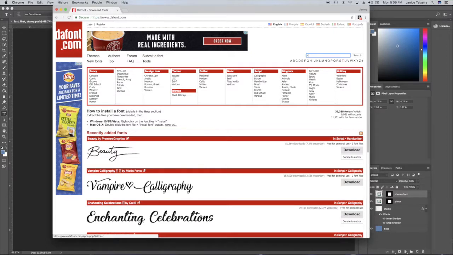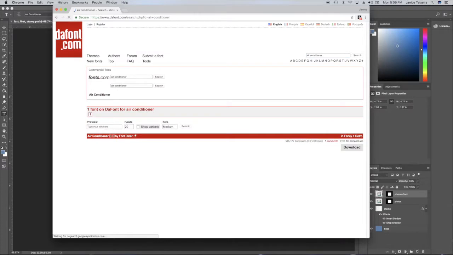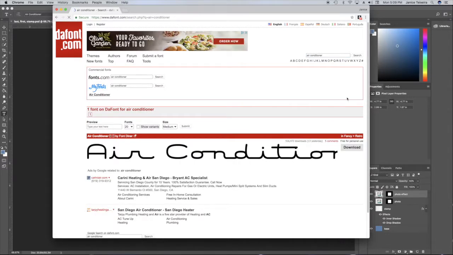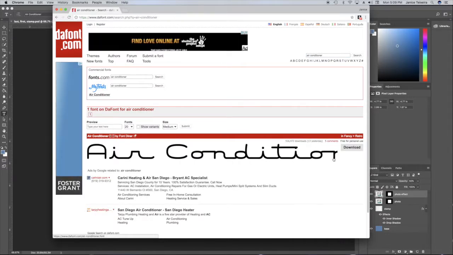So you just type in, you can search by type of font, by the way, all these up here. If you're not sure what you want, or if you know the name, you can type in the name, and if it's there, it'll show up just like this. And to get this onto your computer, click on Download,